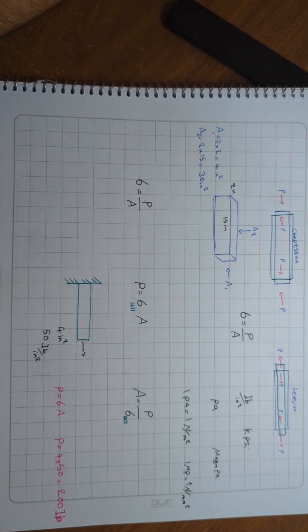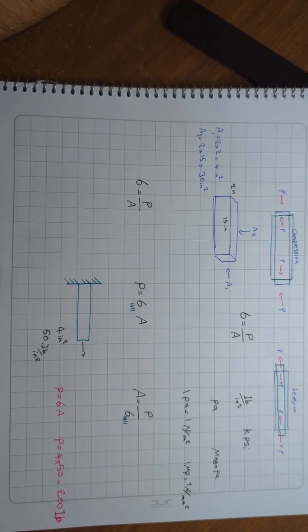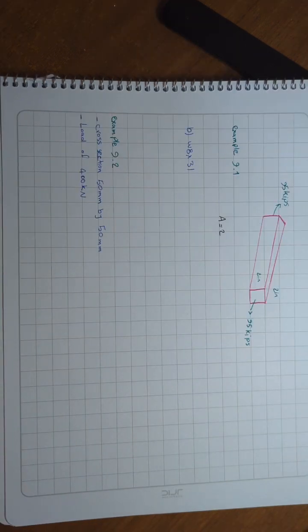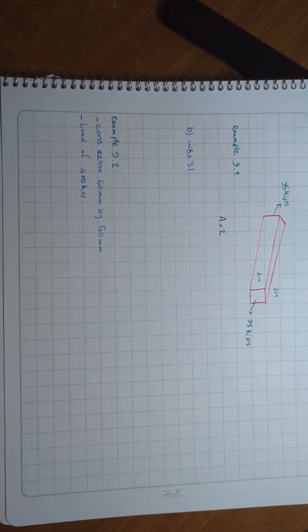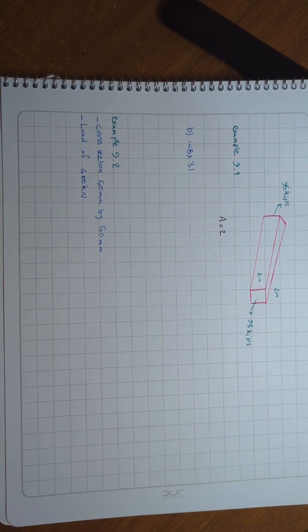Okay, and now we can safely go and look at the problems or the examples that we have in the book and explain how we can do them individually. All right, guys. So now we want to do example 9.1. Example 9.1 has two sections. Section A: compute the tensile stress developed in the square steel bar, 2" by 2" in cross section, shown in figure 9.3. The bar is subject to an axial tensile load of 95